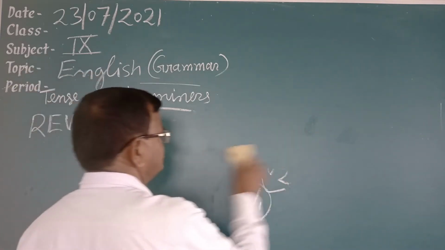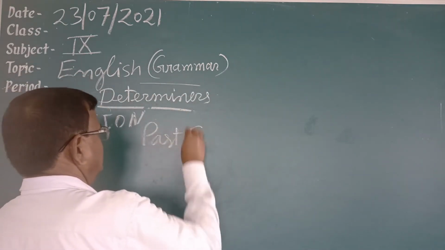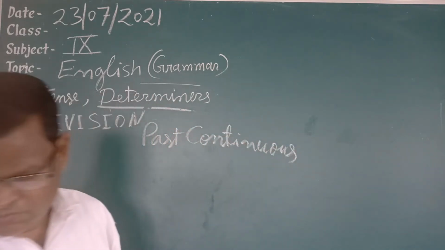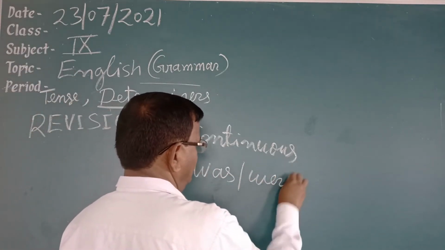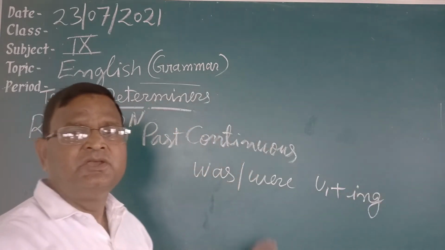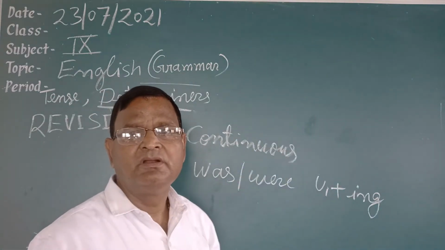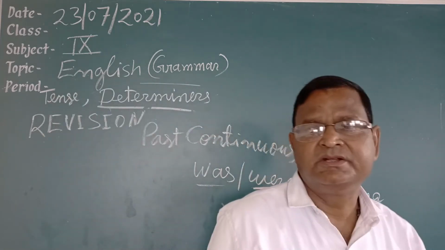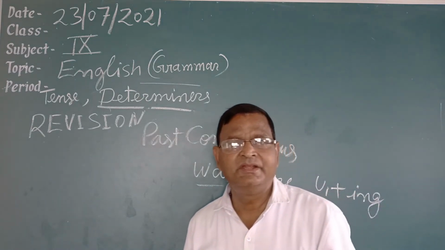Now see past continuous tense, second part. Past continuous. Students, I have told in past continuous tense there are two helping verbs. One is was, another is were. And verb first form plus ing is used, we have studied. Just like he was writing a letter, they were playing hockey, she was bathing in the river, like that. If negative comes, then after was were not used. I was not going to market, you were not flying a kite, like that.